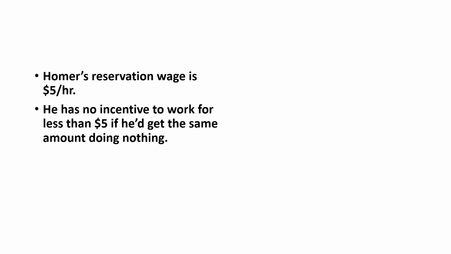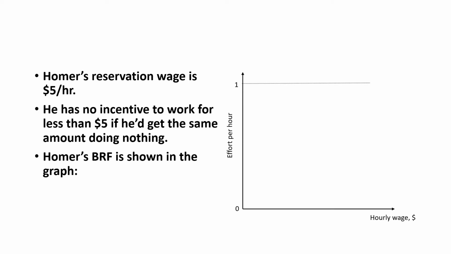Homer's best response function can be shown in a graph to indicate how much effort to put into his work, with 0 being no effort and 1 being perfect effort, that is the maximum possible effort. On the x-axis, we have hourly wages, while on the y-axis, we have effort per hour. Graphing the worker's best response function would depend on the reservation wage. In our case, we have $5 per hour, and that's where the worker's best response function would start from. So if it's graphed, it would look something like this,